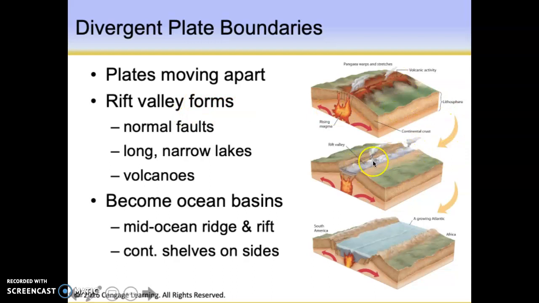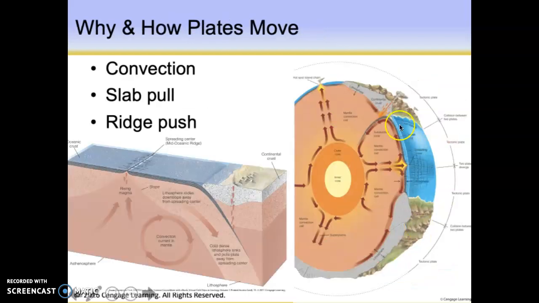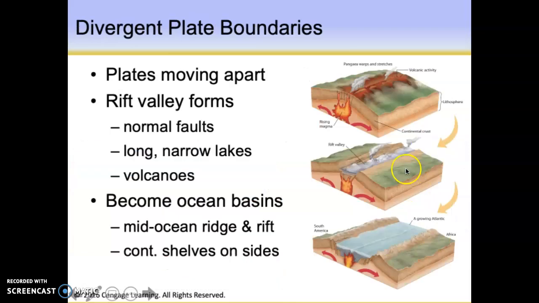You can imagine that in that rift valley you might get some long narrow lakes, but also because we thin the crust, we reduce the pressure on the underlying mantle, and that triggers melting. Now if you go back and look at this picture, some of that melting might very well be created by rising mantle material, but we now recognize that the primary driver of mantle melting in this situation is the thinning